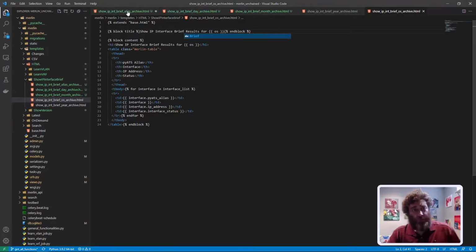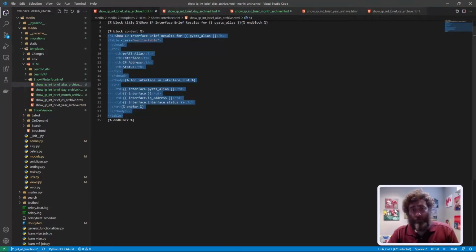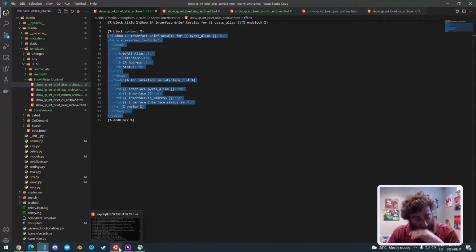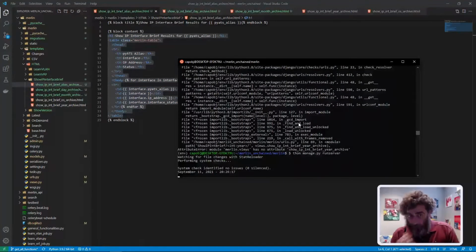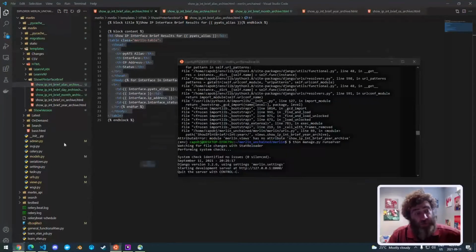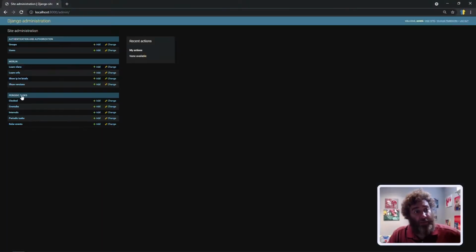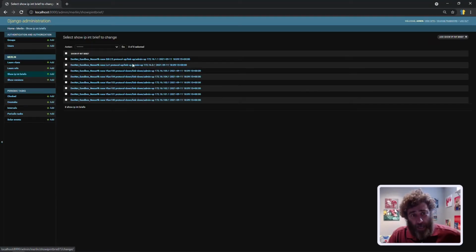And we should be able to go into these views. I'm not going to be able to run the code, but I already have one set of data in there to display. All right, no issues. That's a really good start. Now my admin panel should be back up, and here was what I wanted to show you earlier. IP interface brief, and I have one set of records in here. So now let's go to